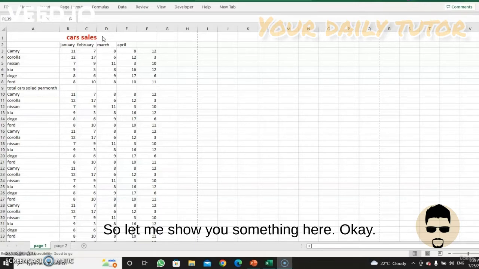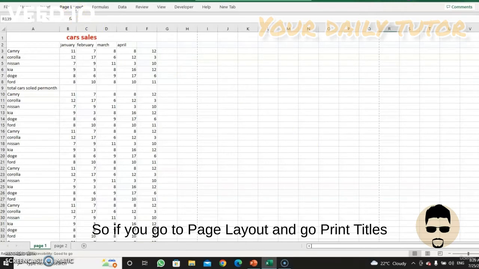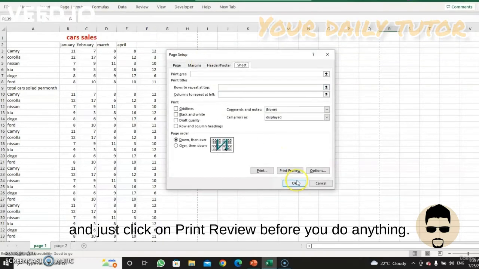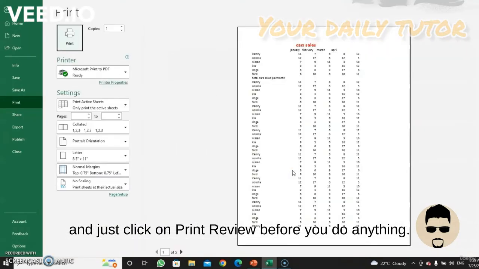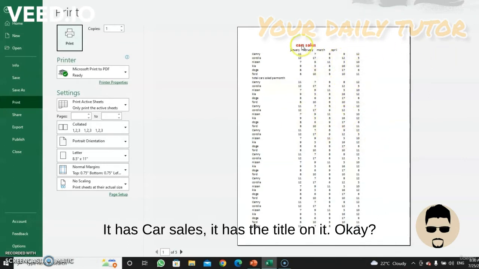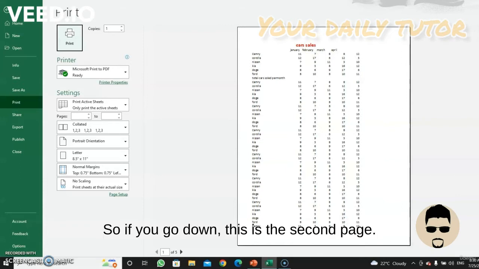So let me show you something here. If you go to page layout and go to print titles, and just click on print preview before you do anything, this is your pages here. So this sheet has more than one page. This is page one. It has car sales, it has the title on it. Okay, so if you go down,